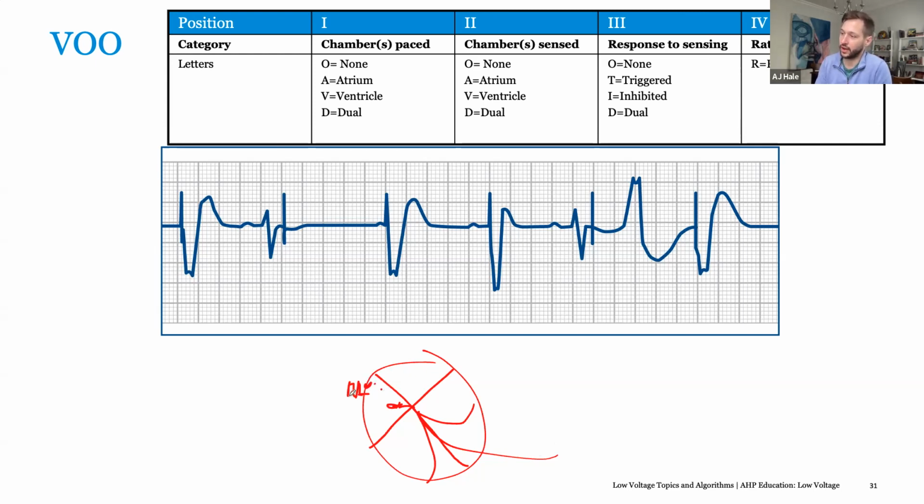So atrial activity occurs, it conducts to the AV node, it hits a slight delay, and then it moves its way down the normal conduction system to depolarize the ventricles, right? Well, in this case, we are pacing at the exact same time in the RV. So you have this intrinsic conduction causing depolarization and then pacing that fuses at the same time. So anytime you see anything like this right here, this is a fusion because you're having the intrinsic activity complement